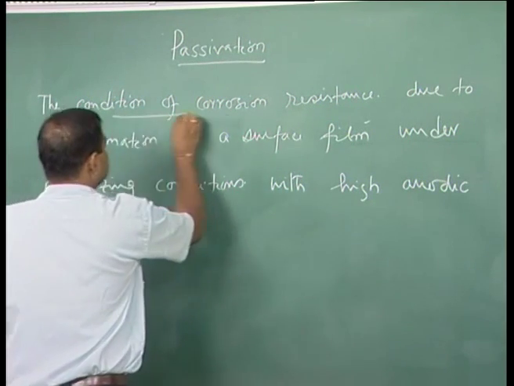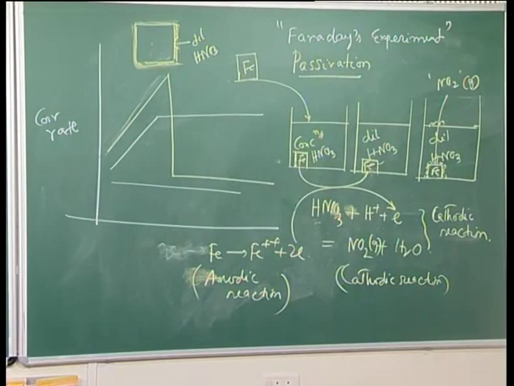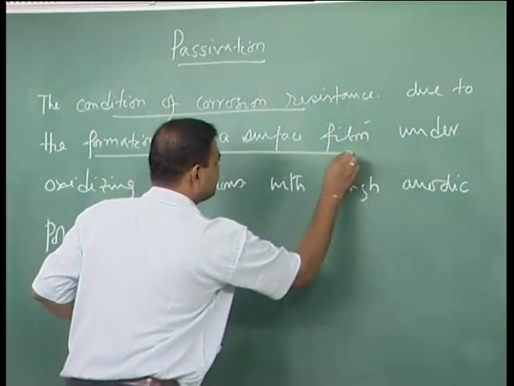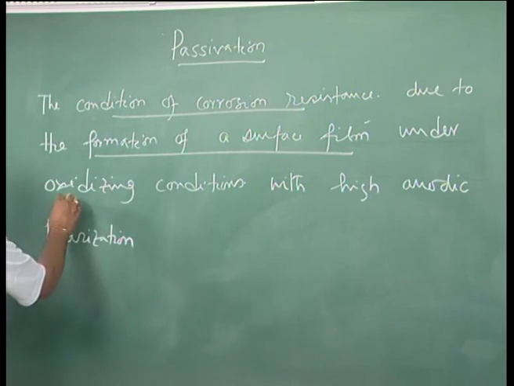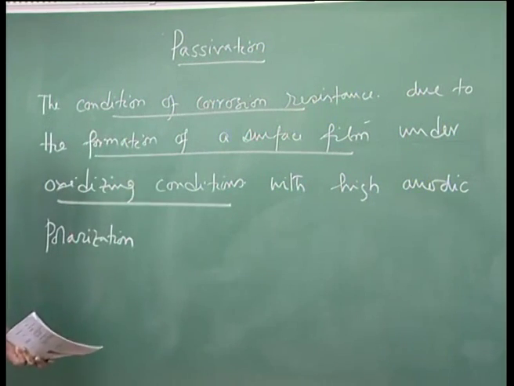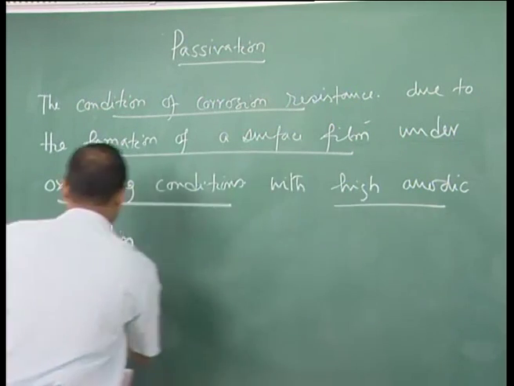Now, the condition of corrosion resistance we are going to see from Faraday's experiment, and this is happening because of formation of a surface film. This is also understood, and this is also happening under oxidizing condition, but we are yet to understand why this term is written